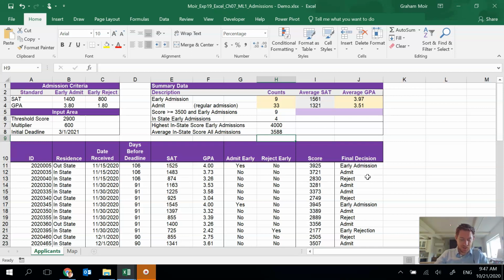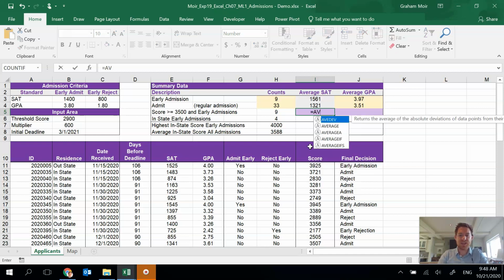So that's it for step 16. On to the last page. So we're going to cell I5 now. And so that's here. And we're going to do the AVERAGEIFS function to calculate the average SAT score that meets two conditions. Okay, so we want to meet two conditions, so we're using AVERAGEIFS instead of AVERAGEIF,